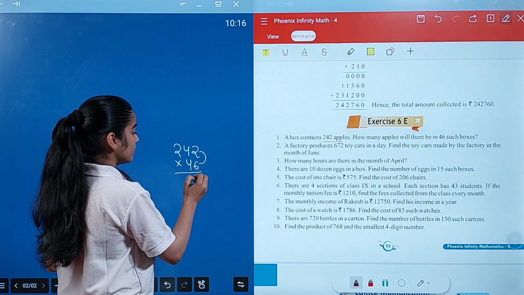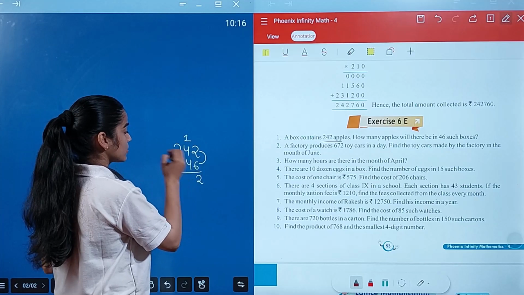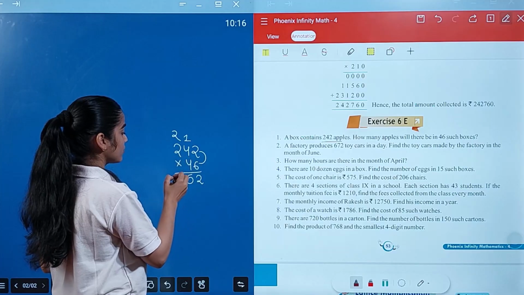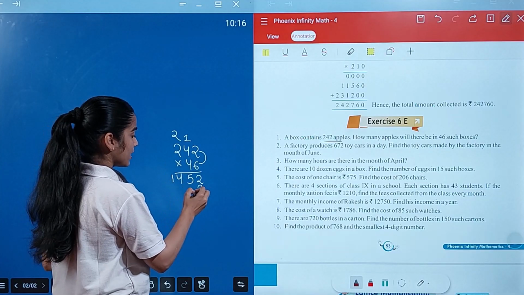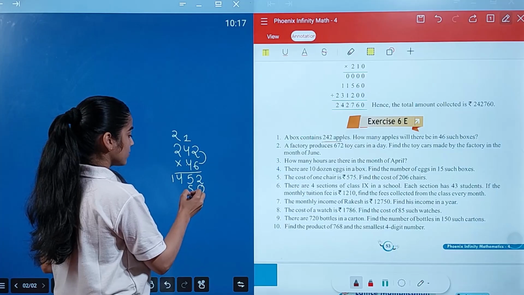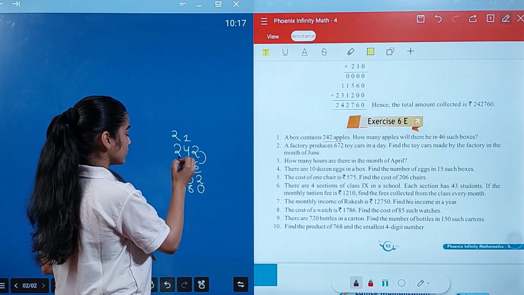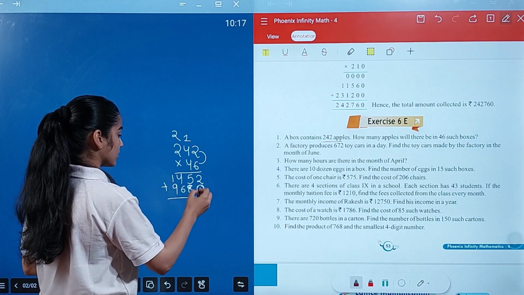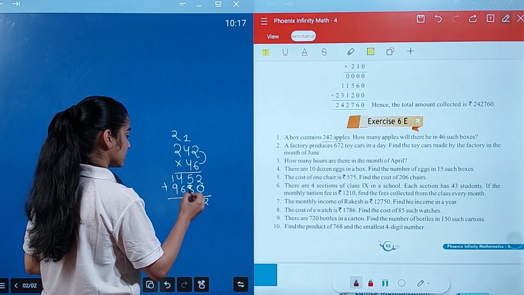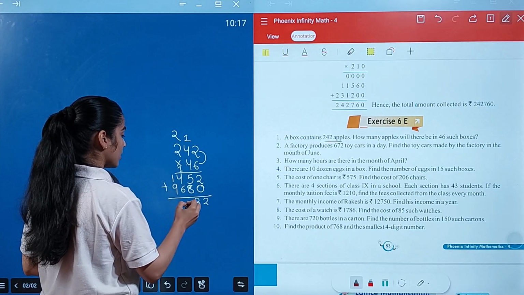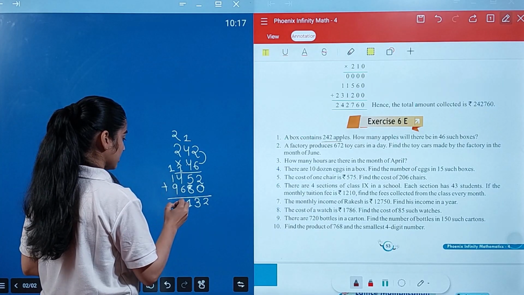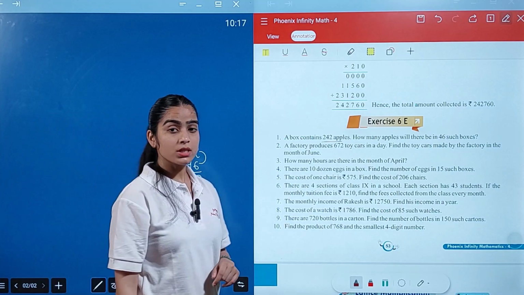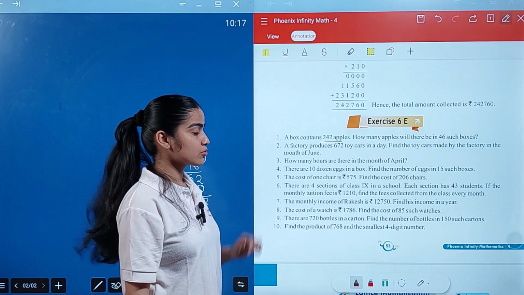6 2 are 12, 1, 6 4 is 24, 24 plus 1 is 25, 2, 6 2 is 12, and 12 plus 2 is 14. Then we add a 0 here, 4 2 is 8, 4 4 is 16, 1, 4 2 is 8, and plus 1 is 9. Now you have to add these two additions together. 2, 5 plus 8 is 13, 1, 10, 1, 11, 1, and here is your answer, 11,132. So in the same way, you have to solve the rest of the questions you have in this question,